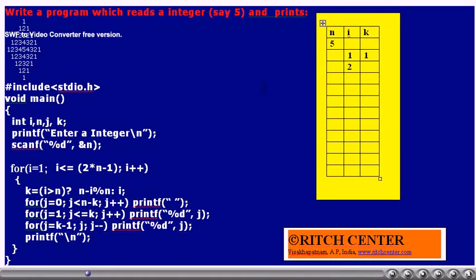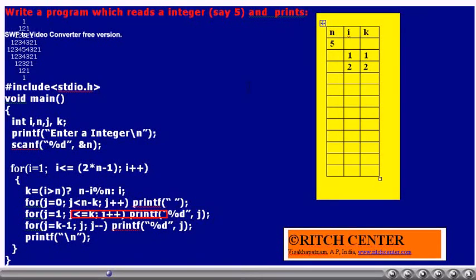i value will be incremented by 1. Thus, i value becomes 2. Is 2 less than or equal to 2 into n minus 1? Yes. Thus, the outer for loop is going to get executed once more. k value becomes 2. This for loop executes for n minus k, that is 5 minus 2, 3 times, and thus we will see 3 spaces on the screen.